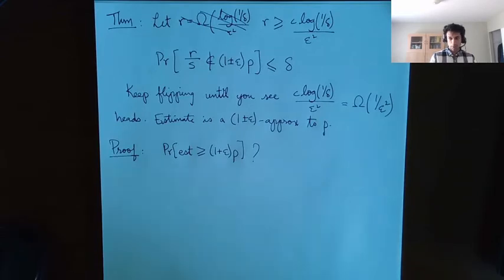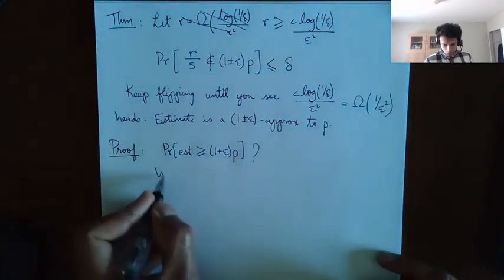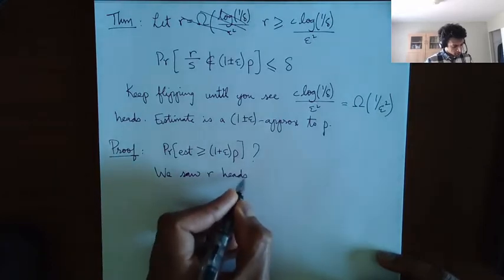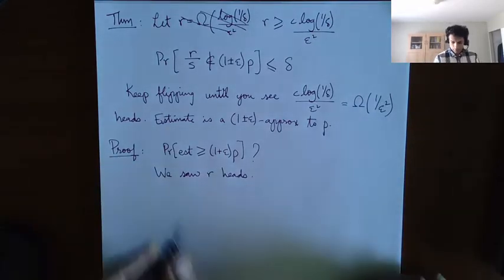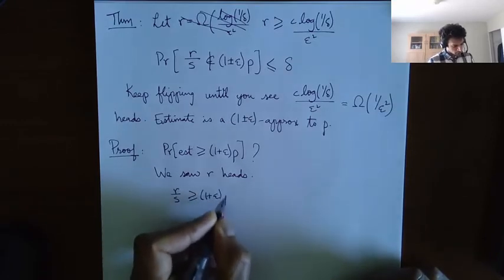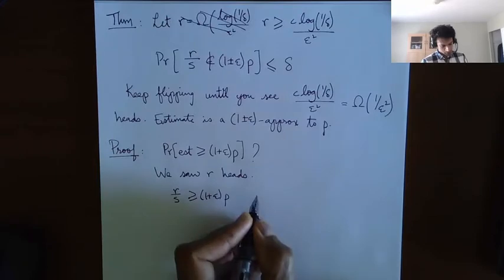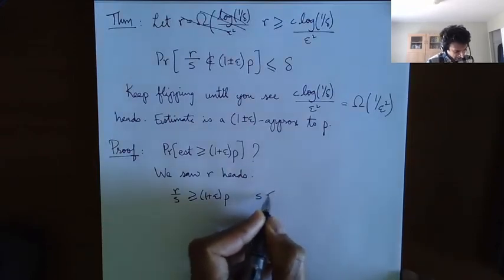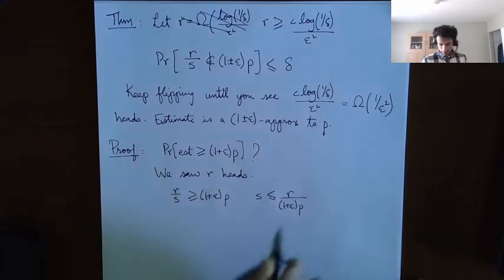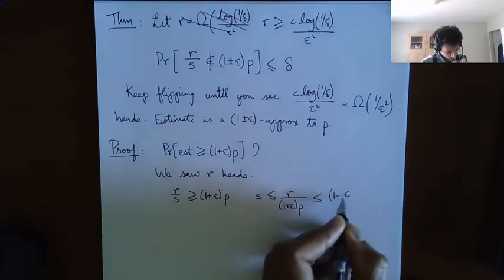We saw r heads, which means that r divided by s is greater than 1 plus epsilon times p. Now what does that mean? It means that s is less than or equal to r over 1 plus epsilon times p, and just using some standard approximations,